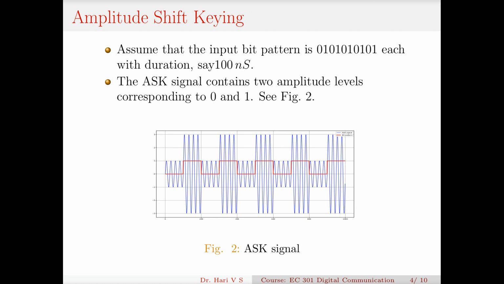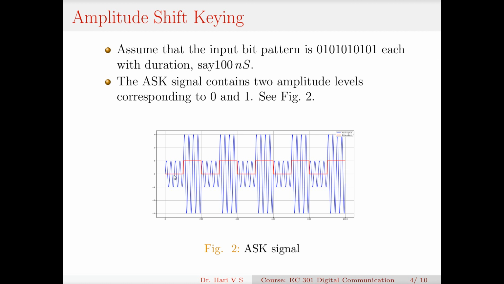The first shift keying method is amplitude shift keying. As I told you previously, here the amplitude of the carrier is being varied according to the bit pattern coming. Suppose that the input bit pattern is alternating zeros and ones, like 0, 1, 0, 1, 0, 1, etc., each with a duration of say 100 nanoseconds. So in this figure,